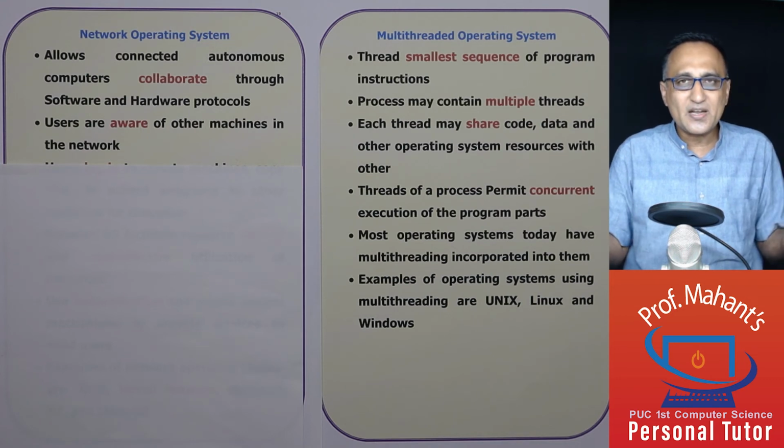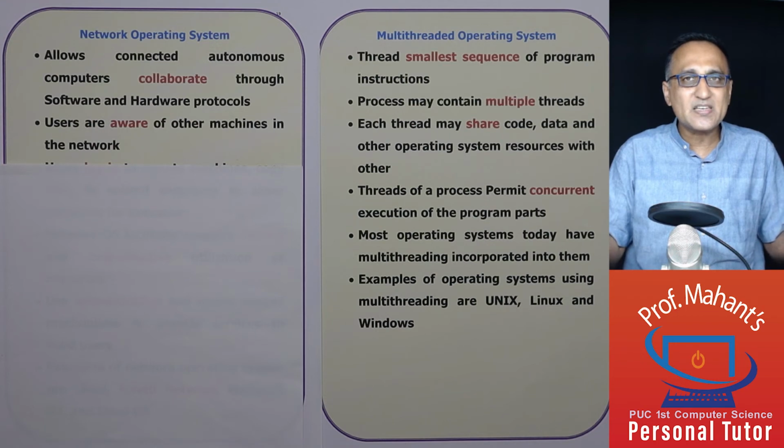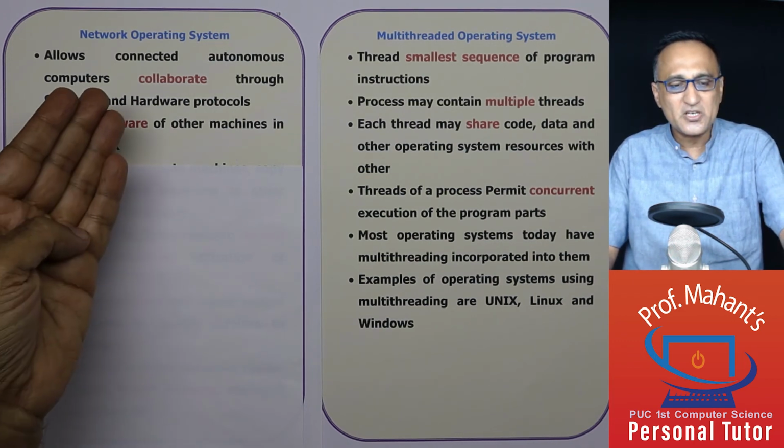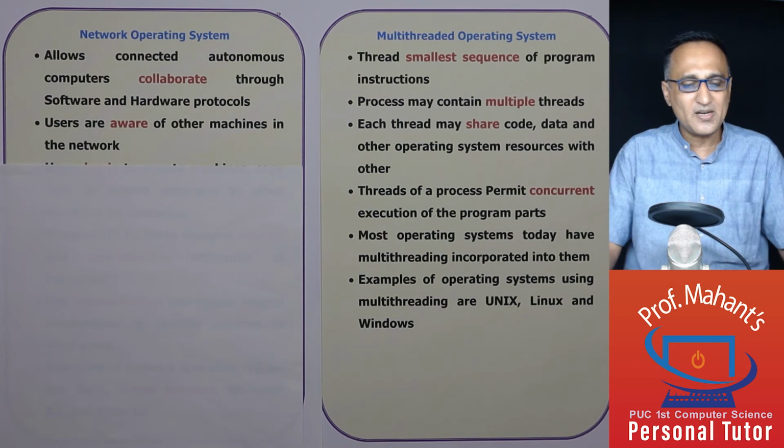So suppose there are 100 people working on 100 computers, you do not need 100 printers and 100 scanners. You can just have one scanner and one printer. Whoever requires the use of the printer and the scanner at that particular point of time, he or she can give a command and utilize the printer or scanner.